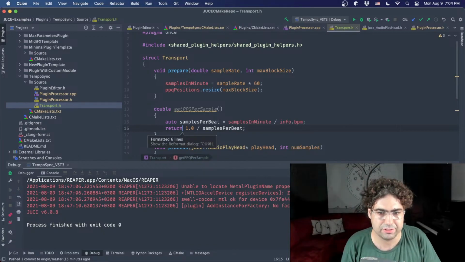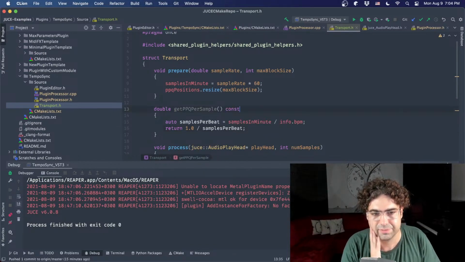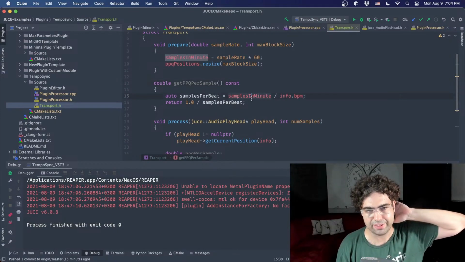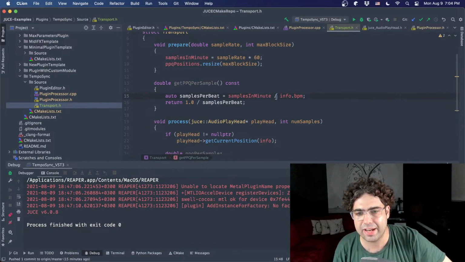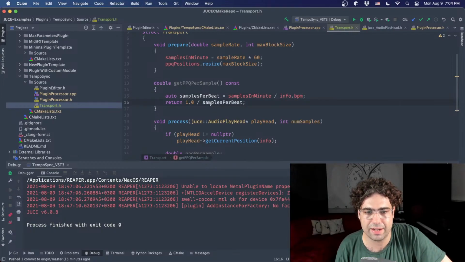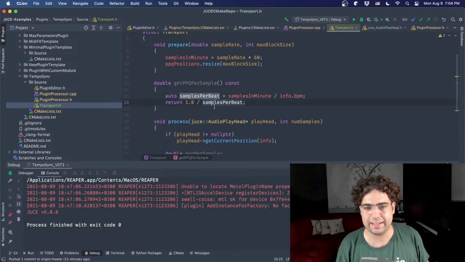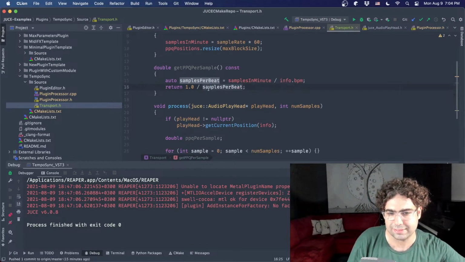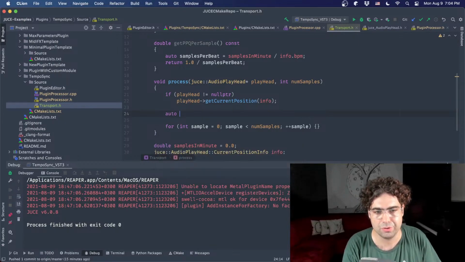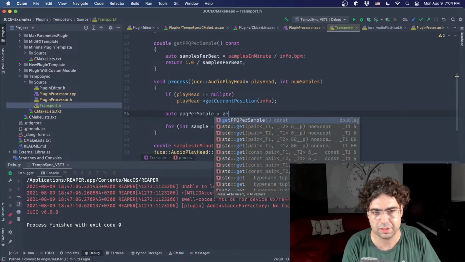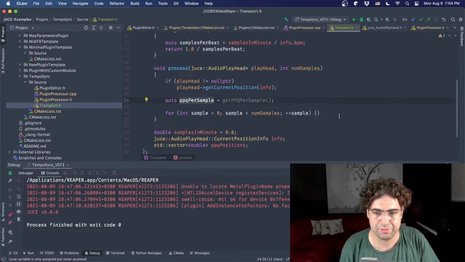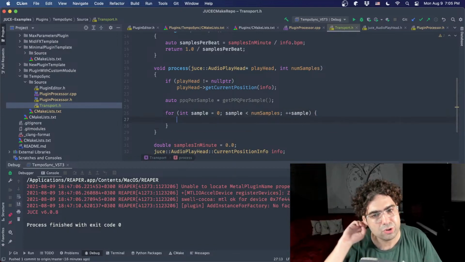After me just blanking there for a second, this will be const. Now I have the samples in minutes. I'm dividing it by the beats per minute, right? And then I just have 1 divided by that. That should give me exactly how much musical time is in 1 sample. Great. So now I can do something like PPQ per sample equals, and I'm going to store this because I'm going to reuse this variable. And now all I have to do at every sample